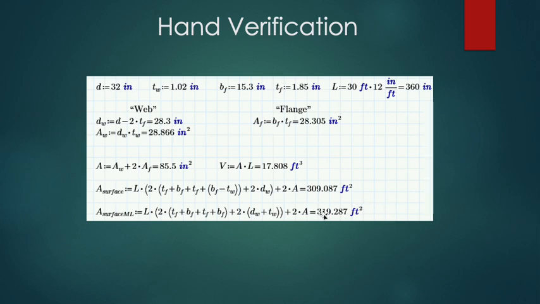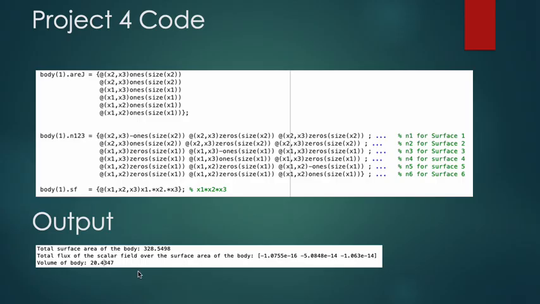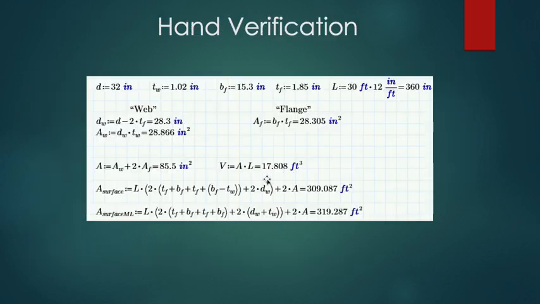So there's probably some issues with my Jacobian equations, but I'll have to look through that and try to figure it out. And then the volume is also just a little bit off. So the volume ended up being output at 20.4, but the hand verified volume is 17.8 cubic feet. So it's just a little off, but